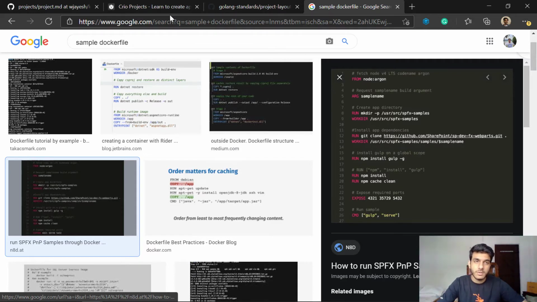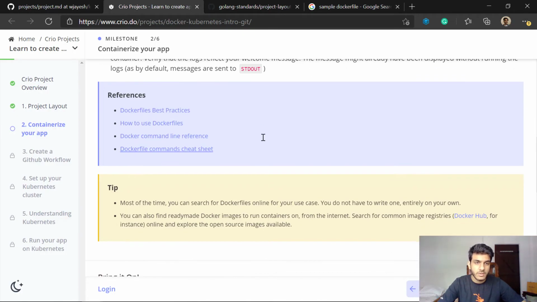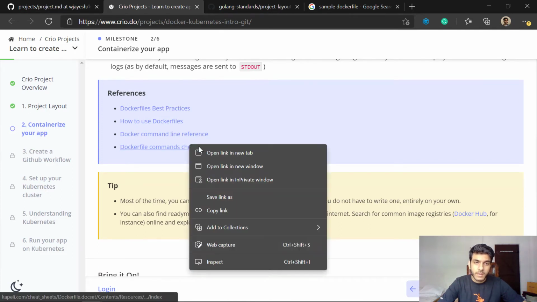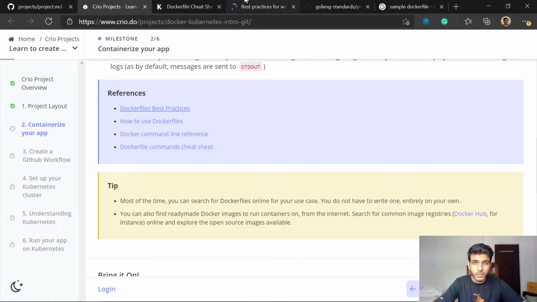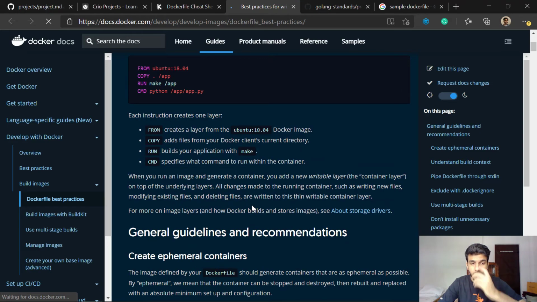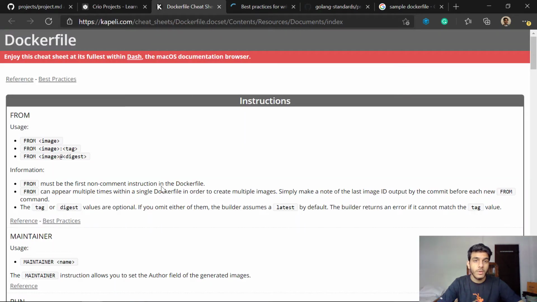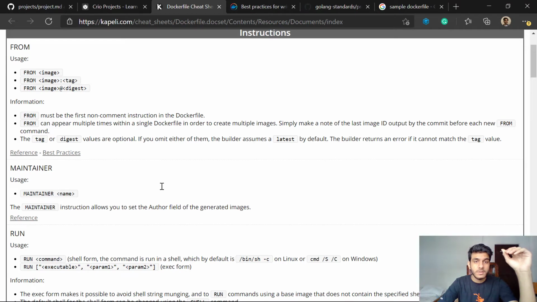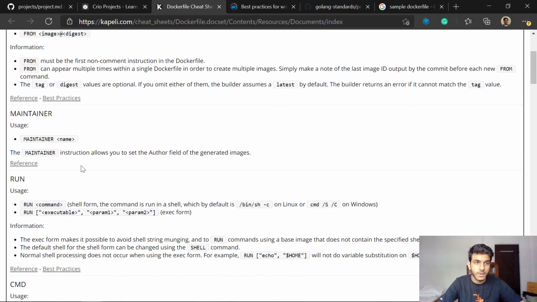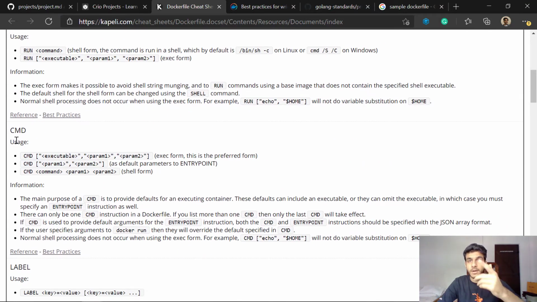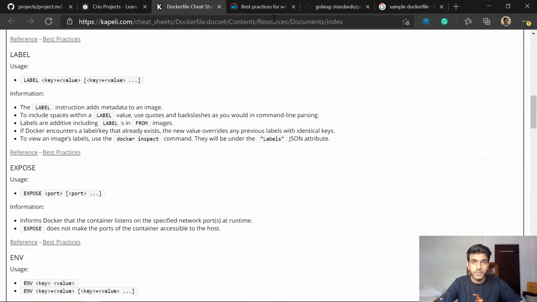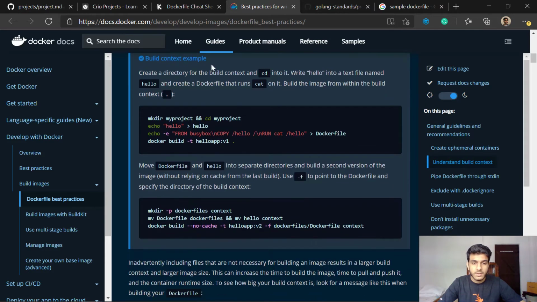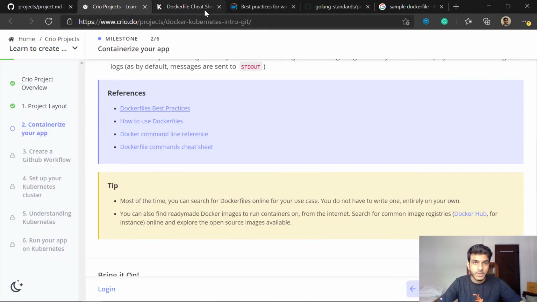So how do you understand all of these commands? When you go back to your project here, you'll see the references which I've listed. You can check out the Dockerfile commands cheat sheet or the best practices. It is really nice documentation for helping understand how these things work, and the cheat sheet will help you come back to the different commands and get all of the information in a really concise way. It will tell you what FROM is, what MAINTAINER is, what RUN and CMD are, which we looked at in the sample. All of these things will be really helpful when you are building Dockerfiles. You can check these links out when you're actually building the project. I'll just close them for now.